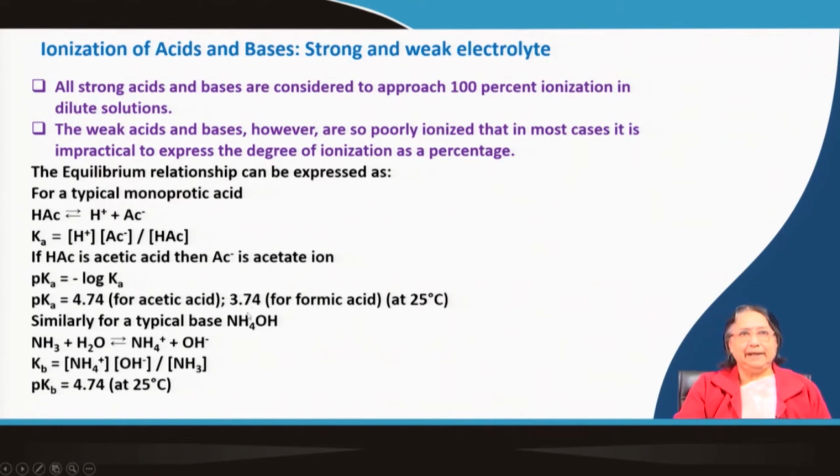Similarly, for a typical weak base, ammonium hydroxide, we can say that it dissociates as NH4 plus and OH minus. In the case of an acid we write Ka, but here we write Kb because it is a base. So, Kb for ammonium hydroxide is expressed as the ammonium ion concentration times the OH minus ion concentration divided by the undissociated ammonia concentration. And this is very interesting for me that the pKa of acetic acid is 4.74 and the pKb of